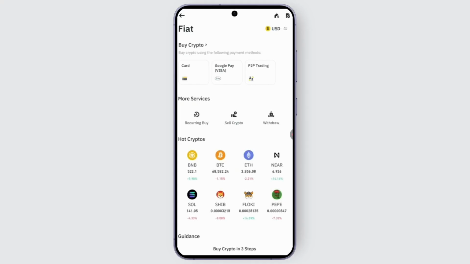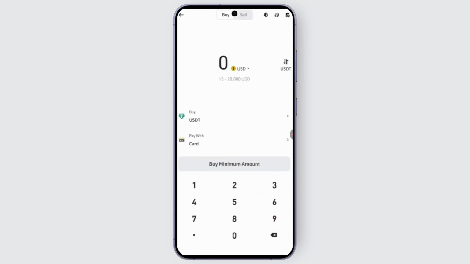And once you choose Fiat, you need to go ahead and select a payment process. So here, just go ahead and tap on the plus icon. And once you tap on it, you can select the minimum amount that you would like to purchase. So pick your local currency or anything, and then Binance may prompt you to add a payment method or verify